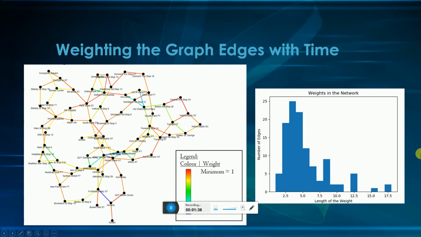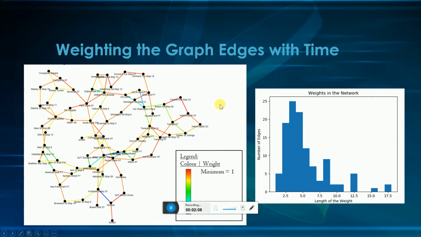I decided to weight the graph edges with time since I was interested in analyzing how people travel through the network in terms of shortest distances. Noticeably, looking at the histogram on the right, the majority of weights of the edges on this network are between 1 and 6 minutes and are relatively short, and there's only a select few weights of the edges that are much longer,